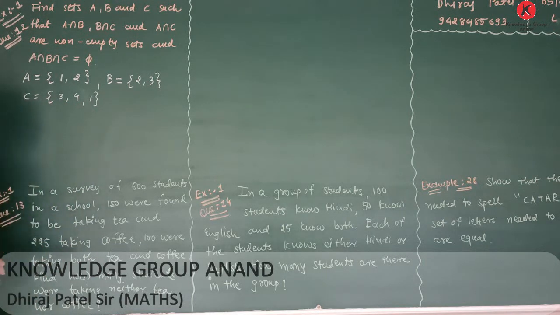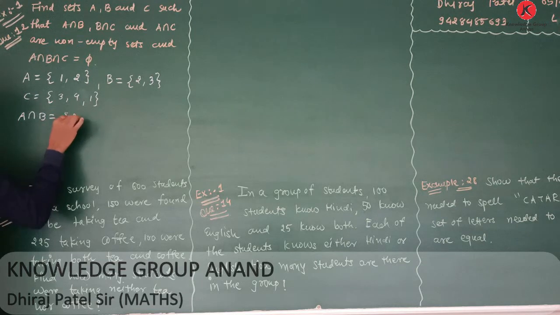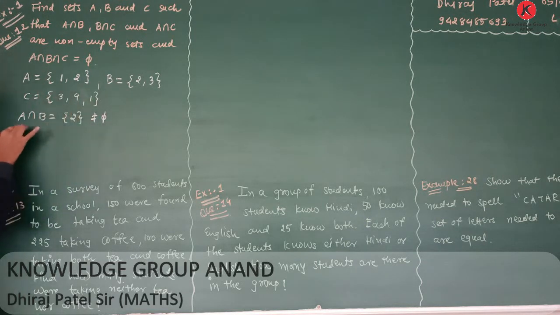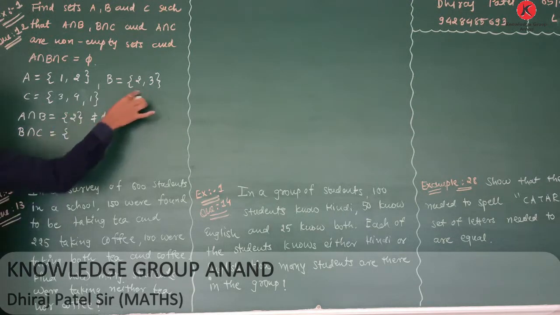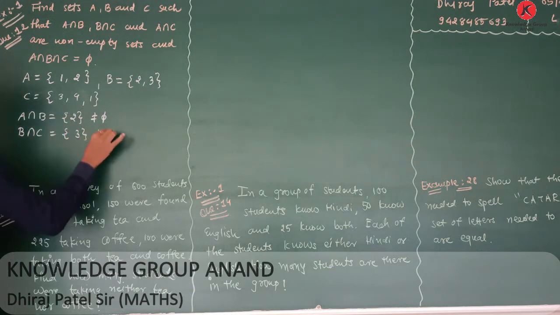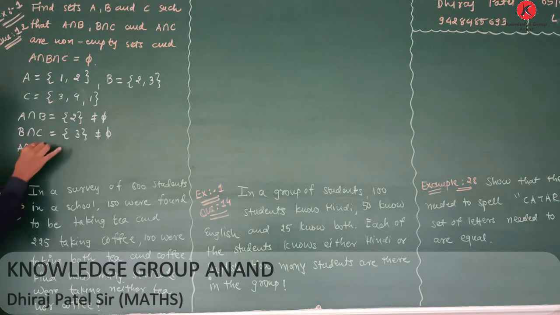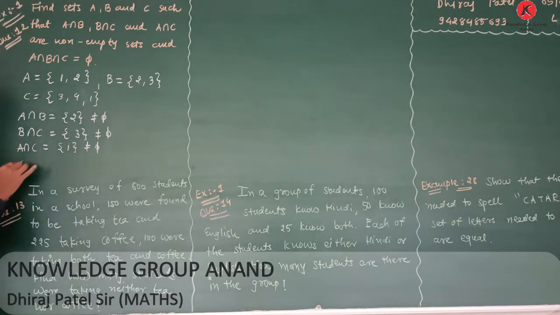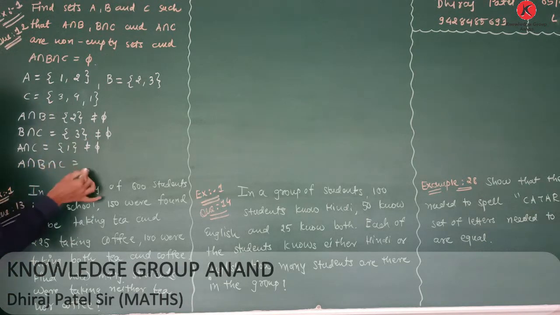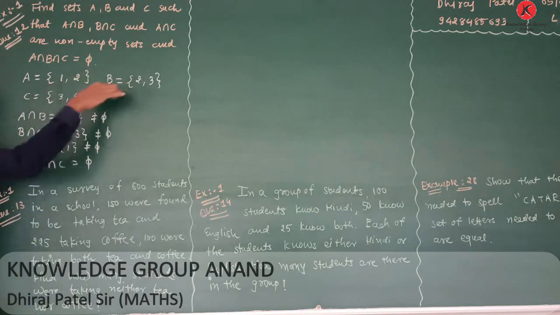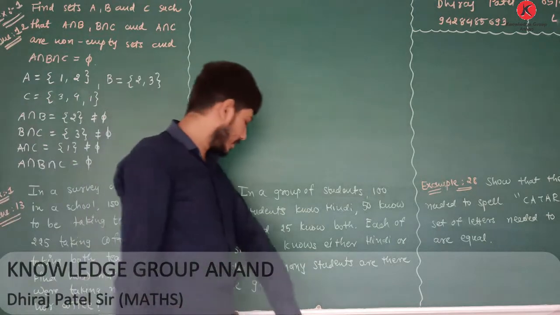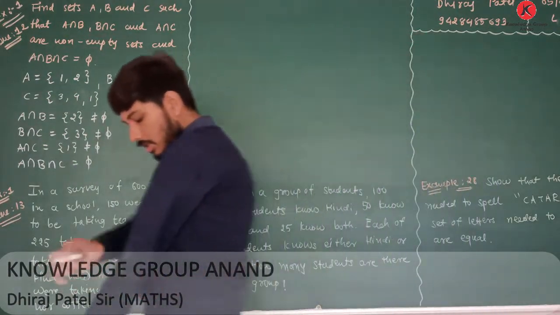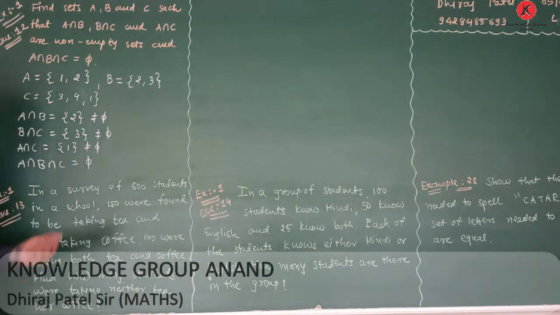એટલે મેં 1 લીધું. તો જો અહીંયા કન્ડિશન્સ બધી સેટિસ્ફાઈ થઈ ગઈ. જો A intersection B which is equals to 2 which is not equals to null set. Same as B intersection C. Find out B intersection C which is equals to 3 which is not equals to null set. And A intersection C which is equals to curly bracket 1 which is also does not equals to null set. And the last condition A intersection B intersection C we don't have, ત્રણેયમાં કોમન એલિમેન્ટ્સ એક બી નથી. That means the answer is A intersection B intersection C equals to null set. Clear? Okay, ચલો આ ક્વેશ્ચન્સ હતો, બહુ ઈઝી હતો, એવો એક્ઝામ્પલ્સ તમે